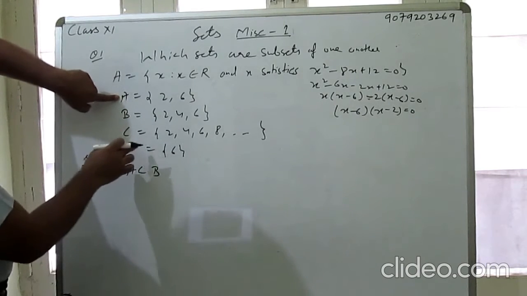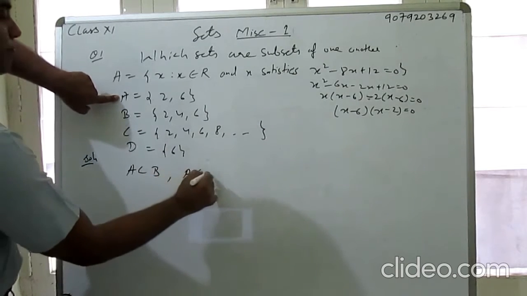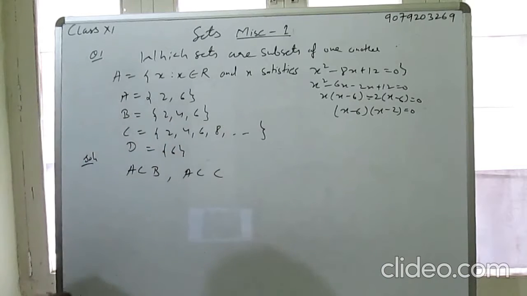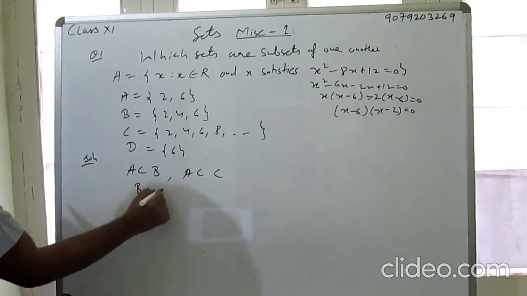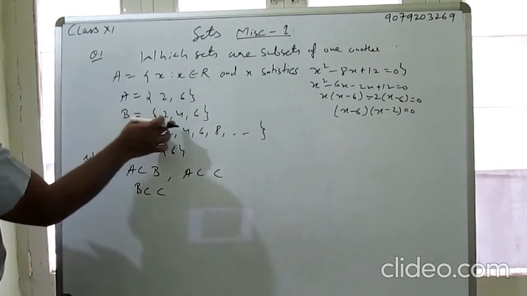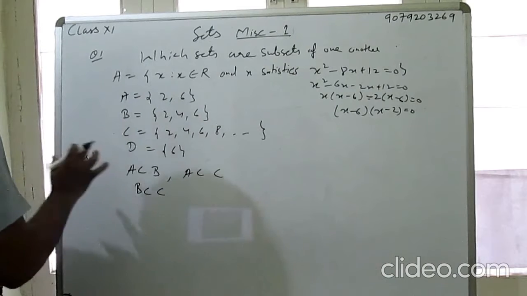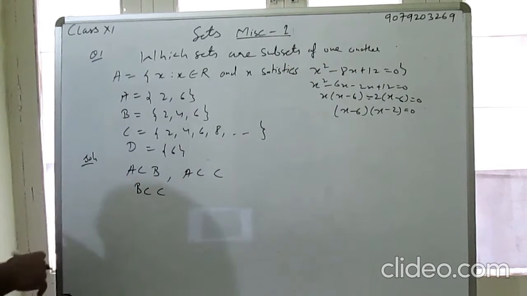Now check A को फिर चेक कीजिए C से. So A is a subset of C also. 2, 4, 6, 8. Now I will check B को C से चेक कीजिए. B is a subset of C. Yes or no? Yes. Because all elements of B are in C. B के सारे elements किस में है? C में है. So B is a subset of C.